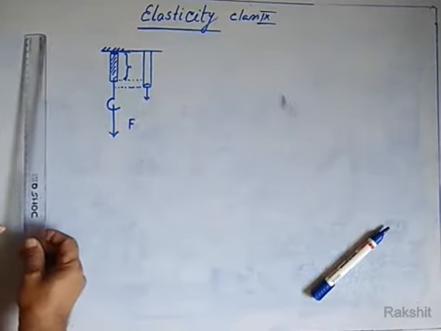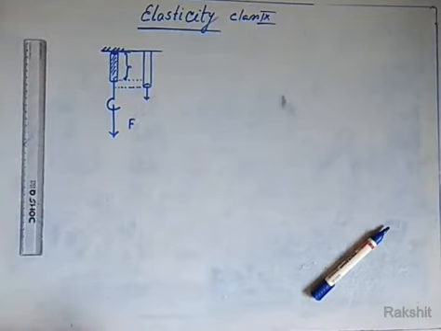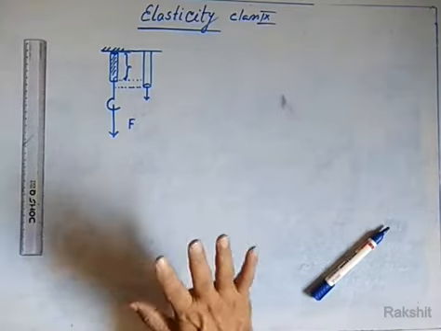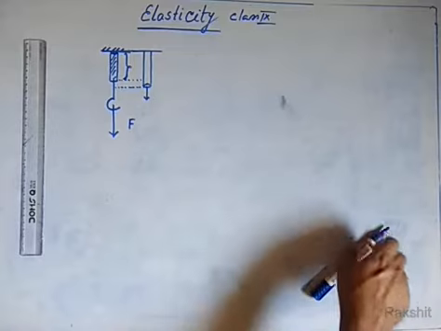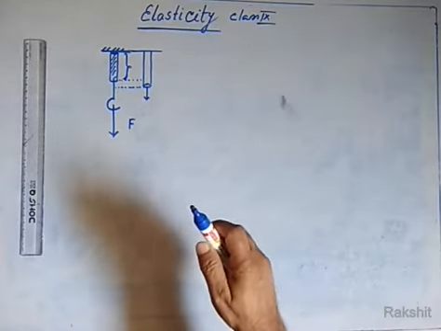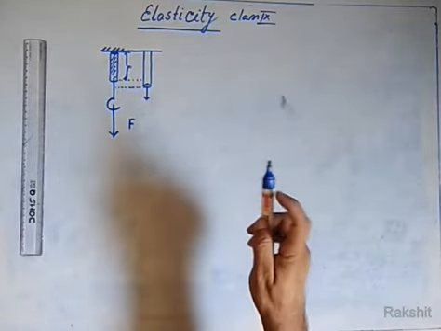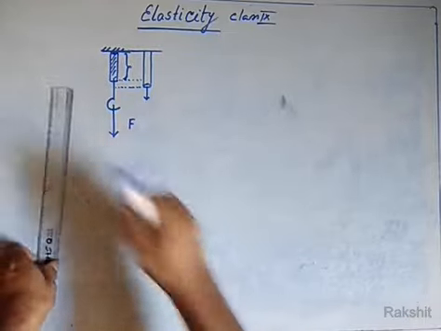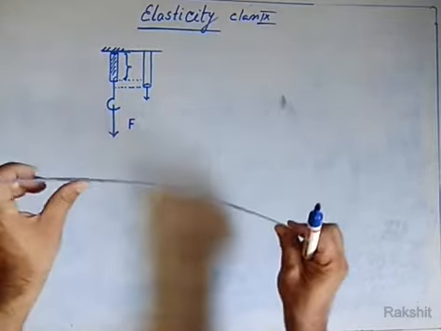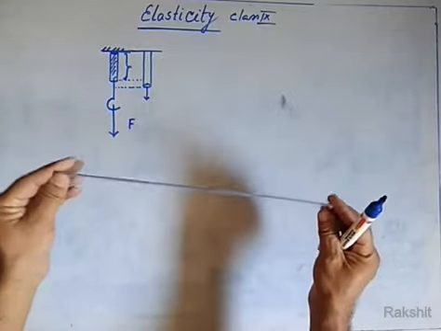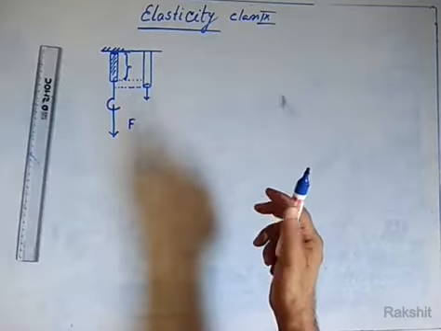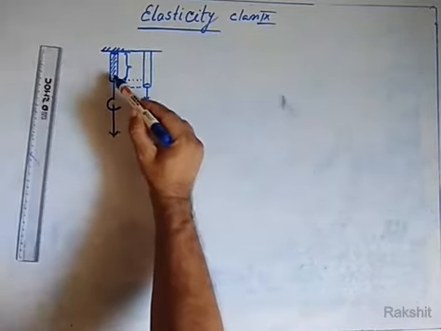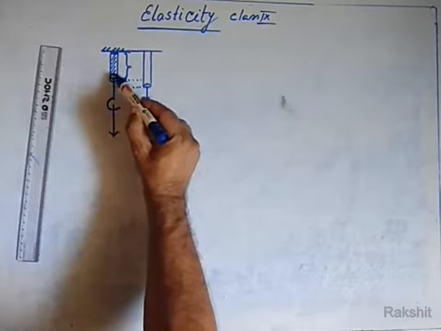So, a physical body regains its original shape or size when the deforming force is withdrawn. So this is the inherent property of this physical body. This is the scale, and regaining its own shape is its original property, inherent property. Similarly, the property of this rubber tube is also like this.